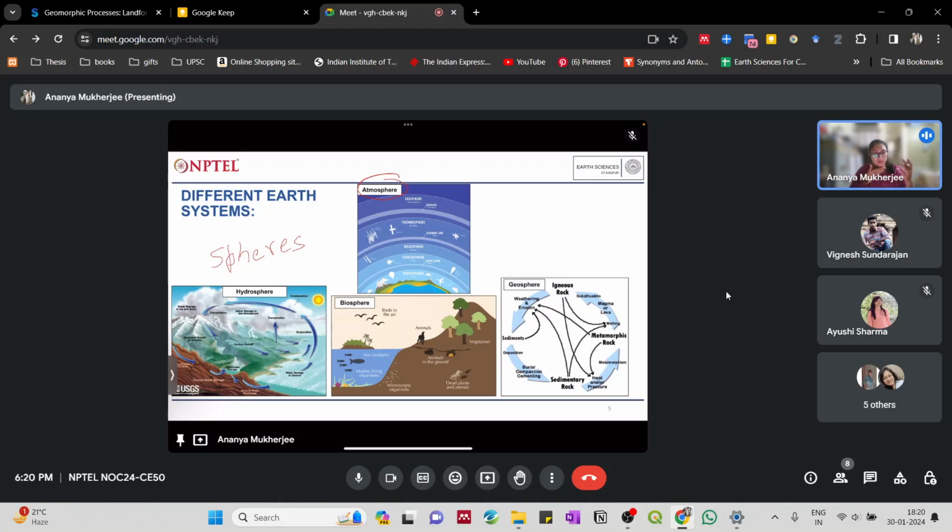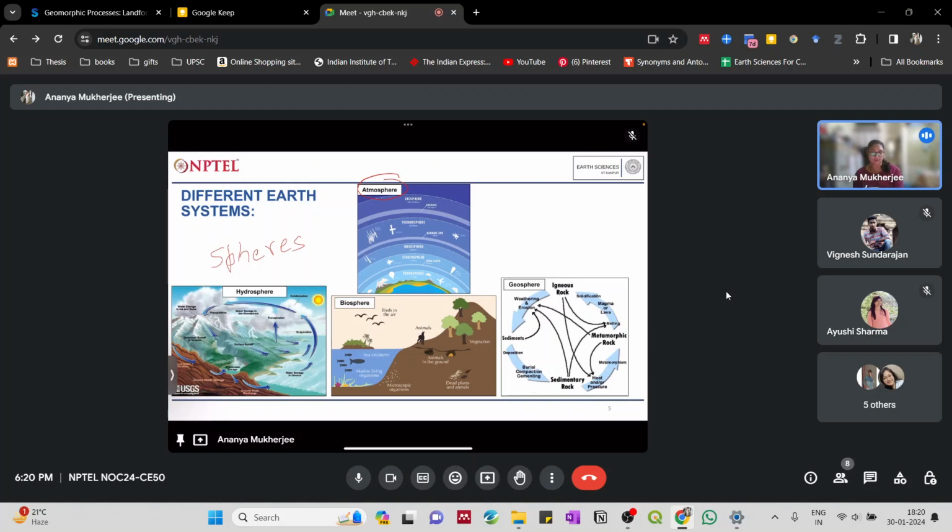We can see that mostly the matter exchange that we have usually happens in the troposphere, where you have cloud formation due to evaporation of water. So over here you have some matter exchange. But in the upper layers, mostly it is energy exchange that is happening. You have electromagnetic radiation and also heat energy. So these are the interactions that we have in the atmosphere.